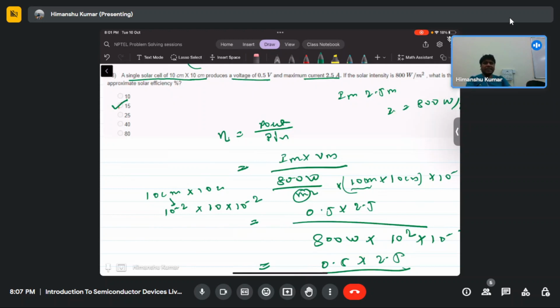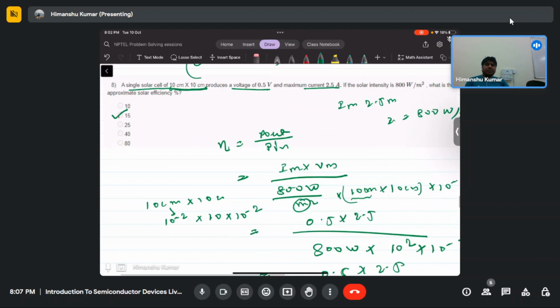No, not always. That depends on the problem. It may be standard per meter square, but the problem can give otherwise, because for a solar cell, if you take one unit cell, those are in the order of centimeter only. So the area will be given in centimeter square, but intensity can be given per meter square also. You need to be careful about the unit. If the area is given as 10 centimeter into 10 centimeter, and solar intensity is also in watt per centimeter square, we don't need any conversion, right? No, no, you don't need any conversion.